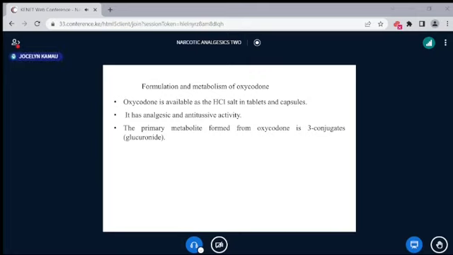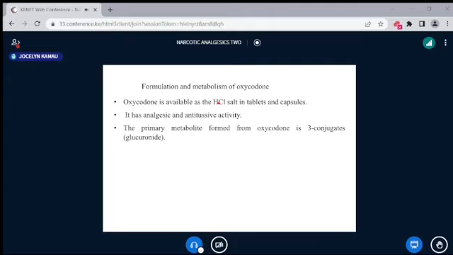The formulation and metabolism of oxycodone. Again, remember oxycodone: saturation at position 7-8, beta hydroxyl group at position 14, oxidation at position 6. That gives us oxycodone. Again, it is available as a hydrochloride salt. Remember, the reason we make these salts is to increase water solubility for purposes of dissolution. It can be in tablets or capsules. It can be used as an analgesic and an antitussive, and of course it will have much higher activity compared to